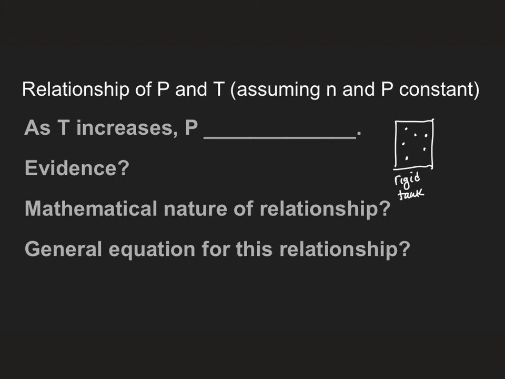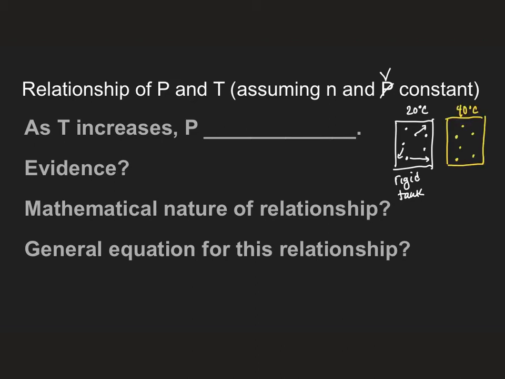Now let's consider the relationship between pressure and temperature, assuming that moles and volume are held constant. Okay, so we're envisioning a rigid tank. And if I had that rigid tank at, let's say, 20 degrees Celsius, there would be a certain amount of pressure caused by the particles as they move in the container, colliding with one another and the walls of the container. Okay? And so we would get pressure. However, if we increase the temperature,